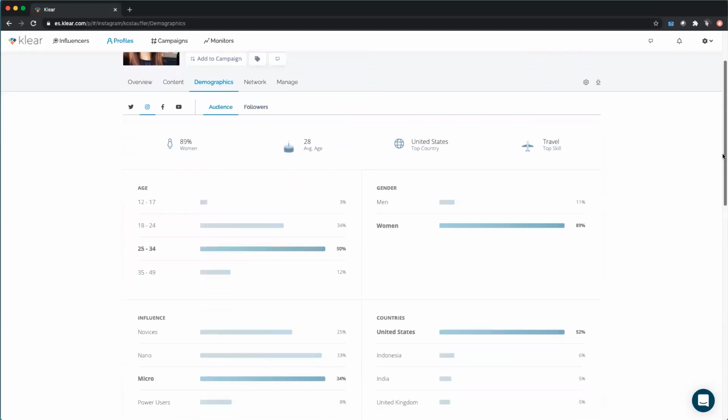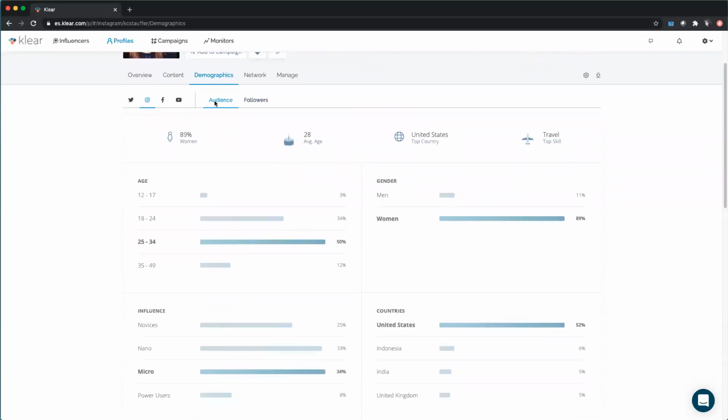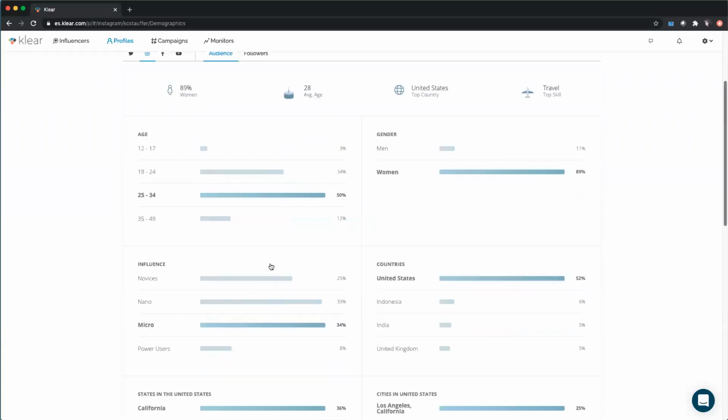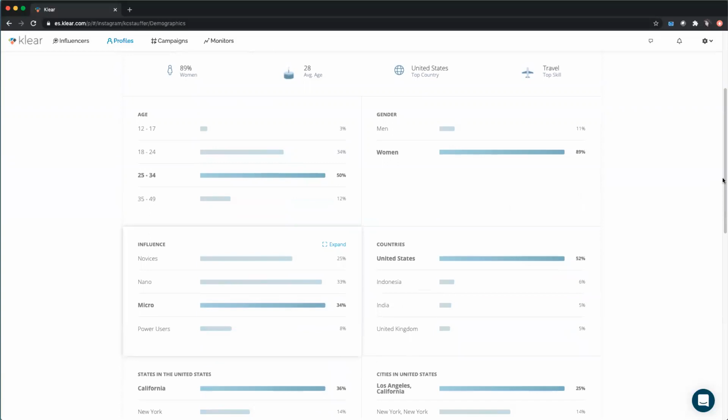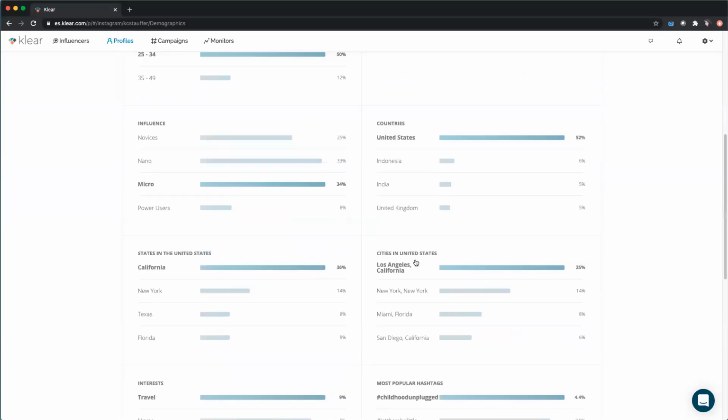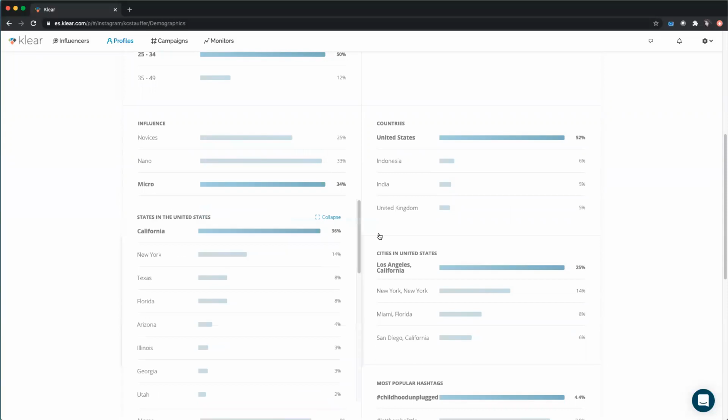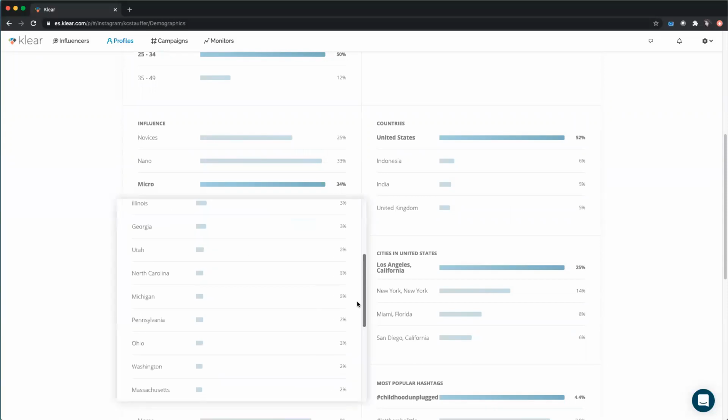So here, for Klear's demographics, you're going to be able to see the gender of the audience, the age of the audience, the countries of the audience, as well as the influence score of the audience, the cities that the audience reside in, the states that they're within, and you can also expand these boxes and scroll down as well